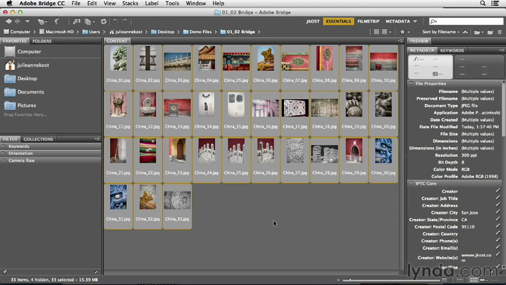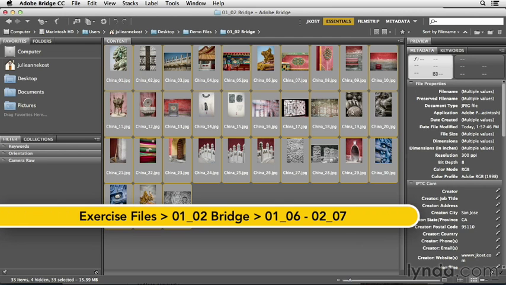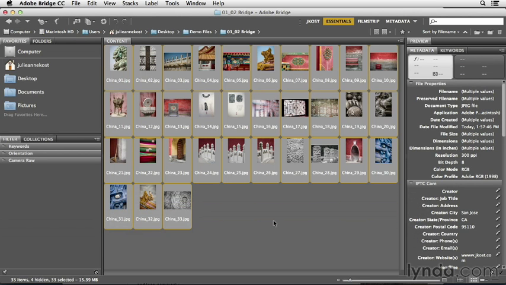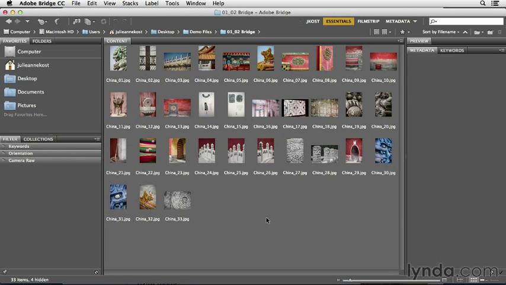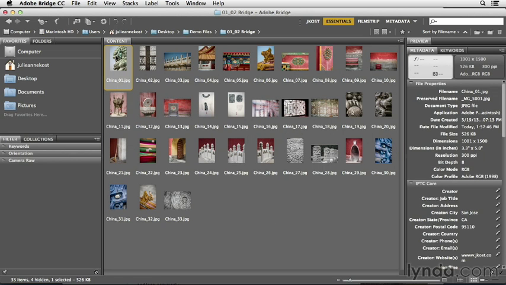Keywords are another type of metadata that can help you find the images that you want to work with. Depending on the types of projects you work on, you may decide to add several keywords per image, or you might only need one or two. For example, a photographer who's shooting stock will want to add a lot of keywords to their images so that other people can search on those keywords to find the images. Whereas a portrait photographer might only add the client name and the type of session, such as an engagement session,